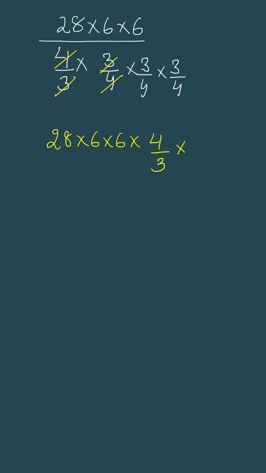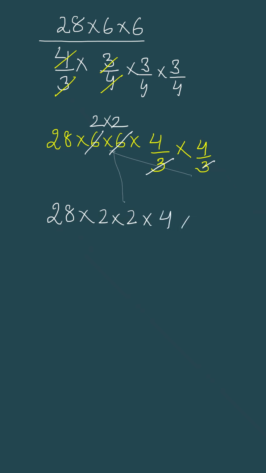This will become 4 by 3, 4 by 3. Again there's a possibility of cancellation, 3 and 6, here 3 and 6. So we are left with 28 into 2 into 2 into 4 into 4. So the final answer is